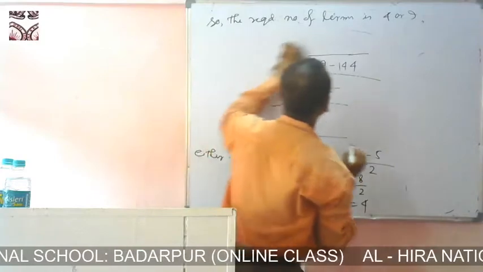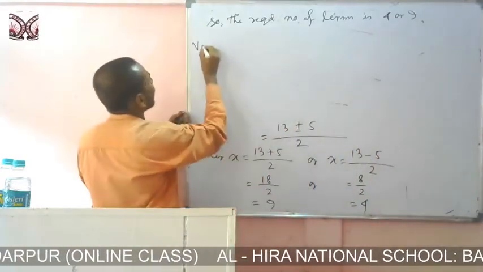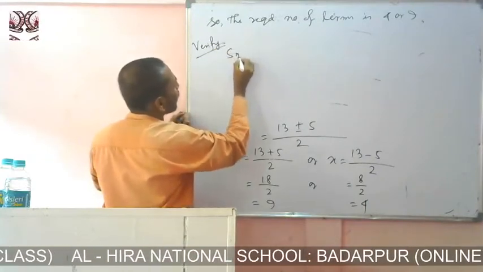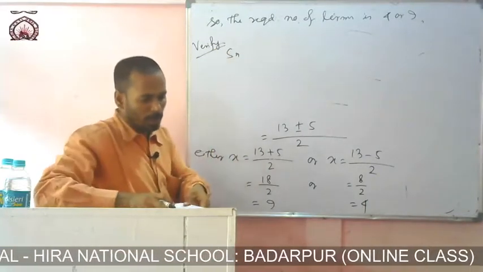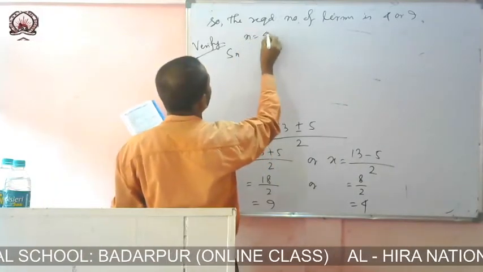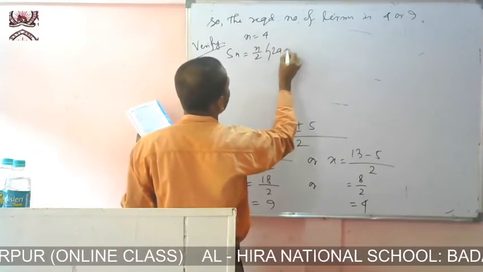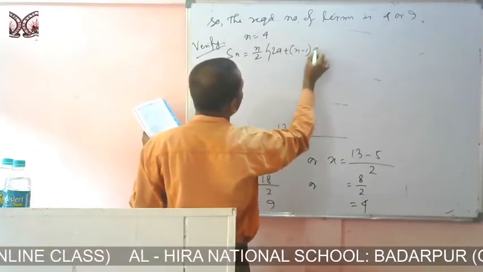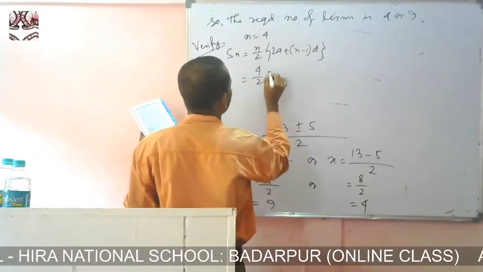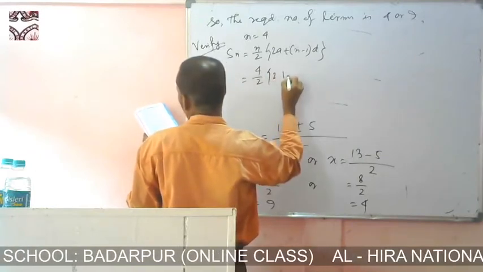If it is 4, then we have to verify. When n is equal to 4, then Sn is equal to n by 2 into twice a plus n minus 1 into d. So 4 by 2, and twice a means 2 into